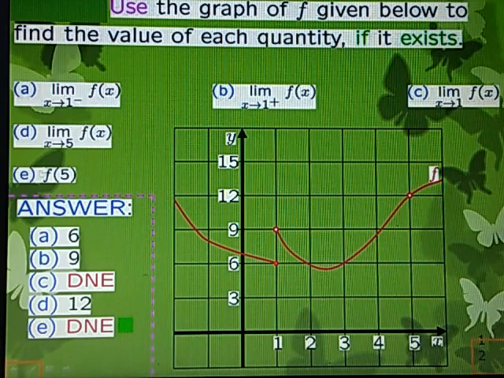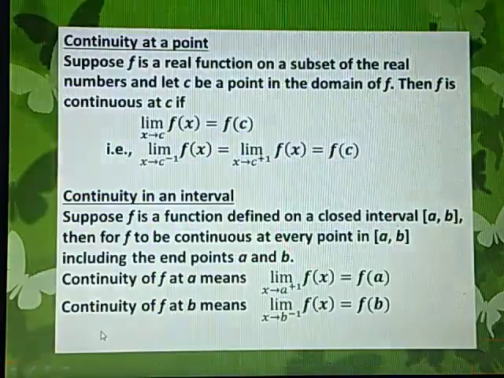Then see the last part, f at 5, the function at 5. So when x is exactly 5, what is f(x)? Look at this mark. This shows what? At x equal to 5, the function cannot be defined, because this point is not included. We are not able to define what is f(x) when x is 5. We have not filled this circle if you see. That means we are not able to define it. So we can say that this does not exist.